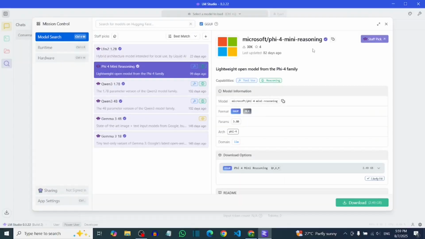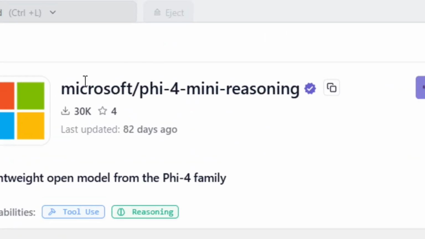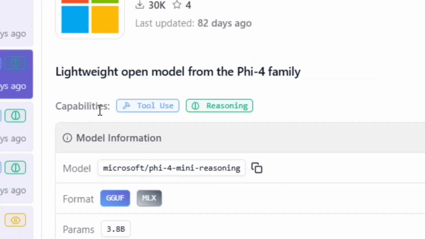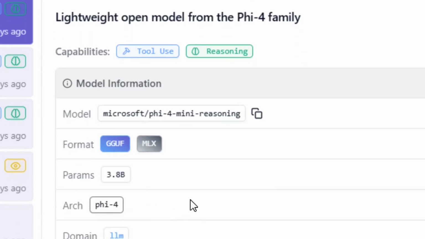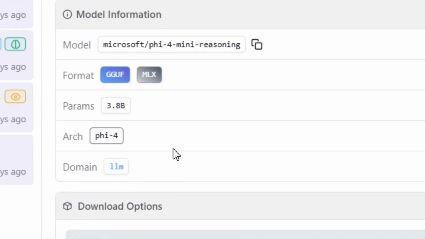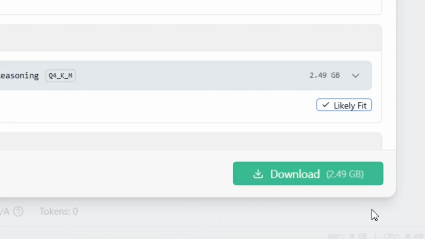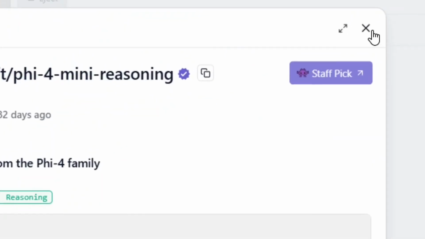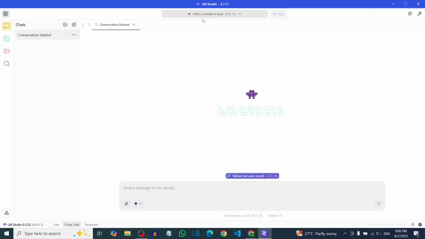Just click on it, and from here you will see that this is the full name, and then there's the number of downloads. When you come here you see everything about the model that you have just selected, and all that you have to do is to simply download it now. From here you see that you have the download. Click on the download, and you will see the total size of the file as well. When you click on the download, you can close it after it has finished downloading,